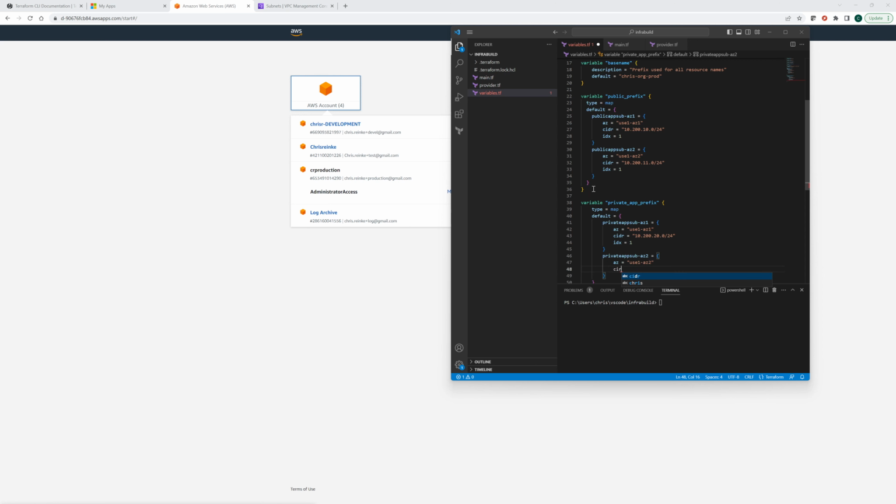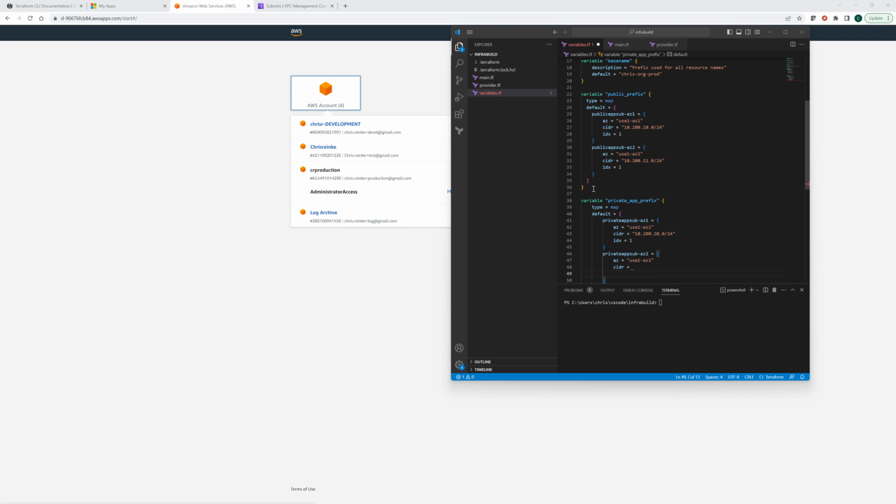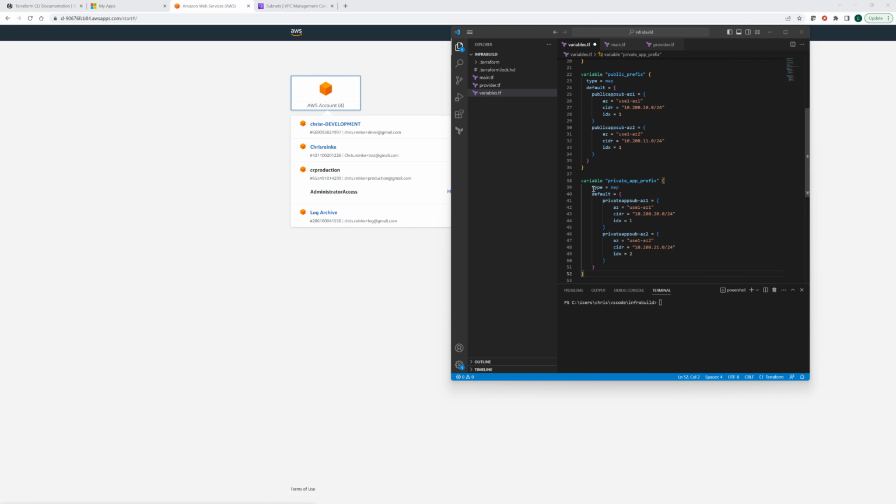Okay, CIDR here we'll use 10.200.21.0/24. All right, next index equals 2. Okay. So that's our variable for private app prefix,